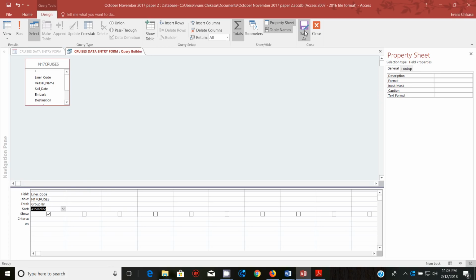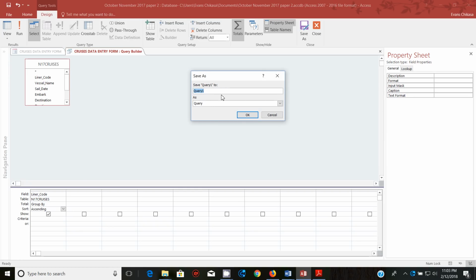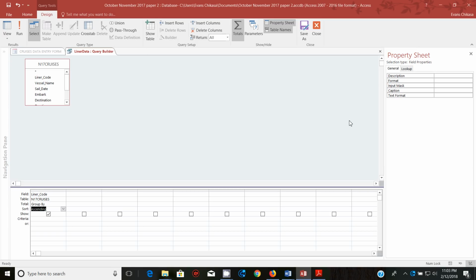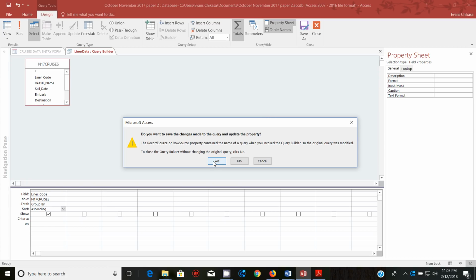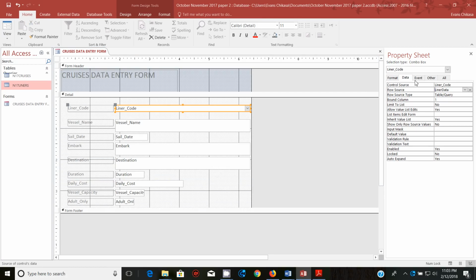So go to save as. Save this query. I'll save it as liner data. Say okay, and then close it. Just accept this. Now, notice it has picked it up already here, row source as liner data. And if I run my form now,